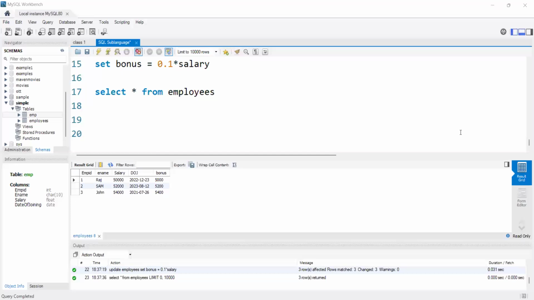Next, let's see the delete command. Of course, we are discussing DML commands. In DML, we have insert, update, and delete. We are done with the insert command and update command. Next, we have the delete command. Here, obviously, the concept is simple. We use a delete command if we want to delete any data from the table. I can say if I want to delete any particular row, the delete command is used to delete any particular row